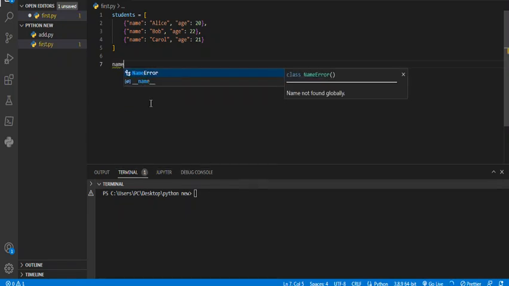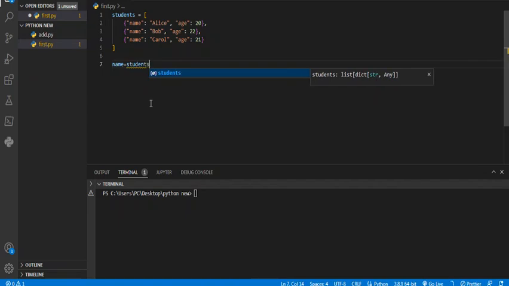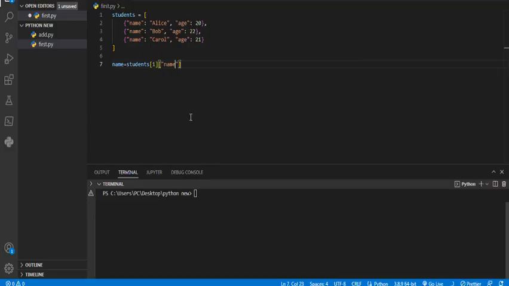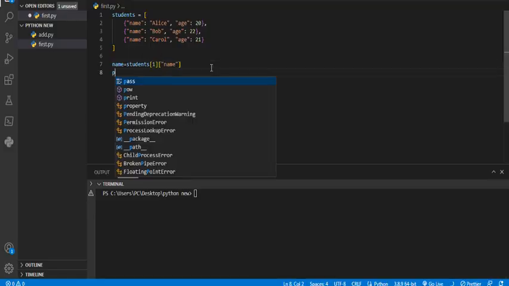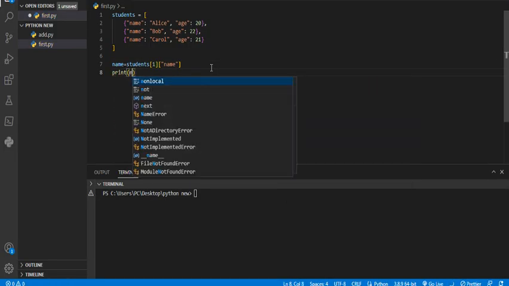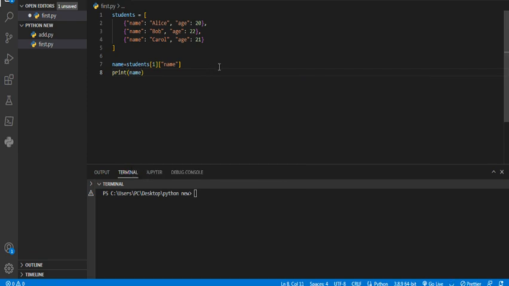Name is equal to students 1 name. That's it. Now simple. Print name. Print name. Okay,